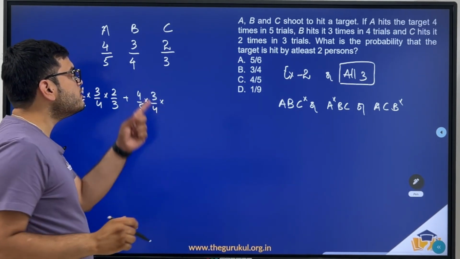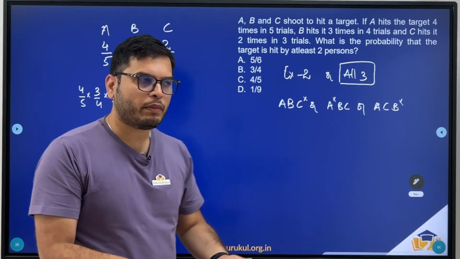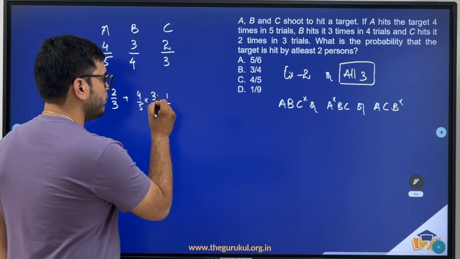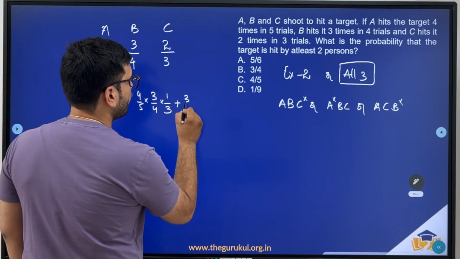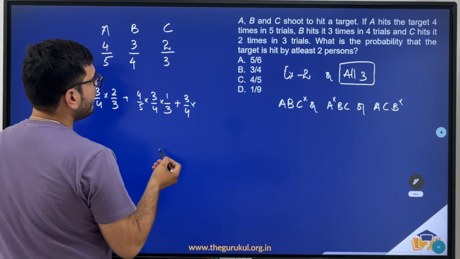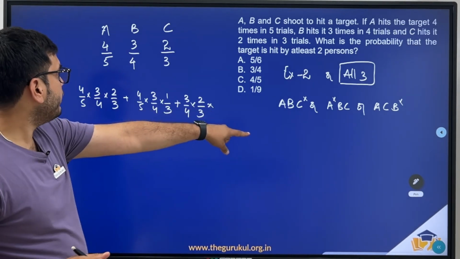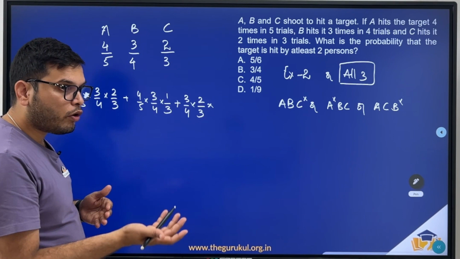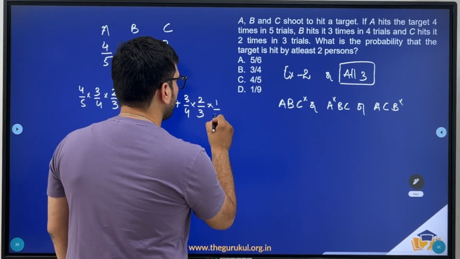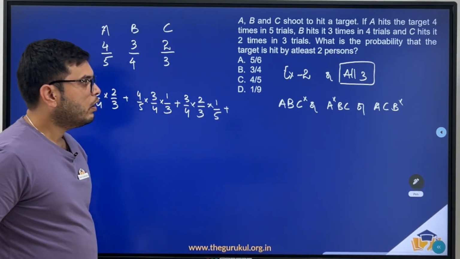Now if the probability of C hitting the target is 2 by 3, what is the probability of C not hitting the target? 1 by 3. Done. Similarly, probability of B hitting the target 3 by 4 into probability of C hitting the target 2 by 3 into probability of A not hitting the target. The probability of A hitting the target is 4 by 5. So the probability of A not hitting the target would be 1 by 5, or plus